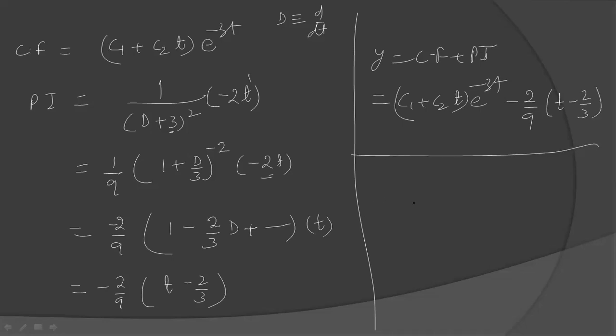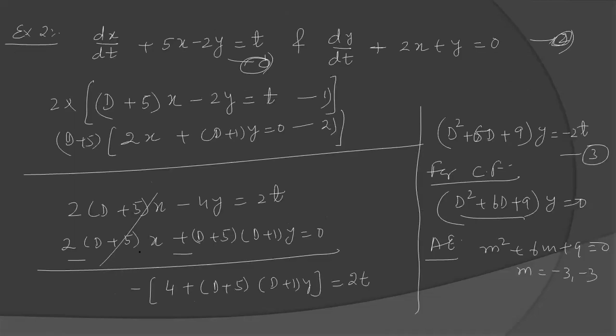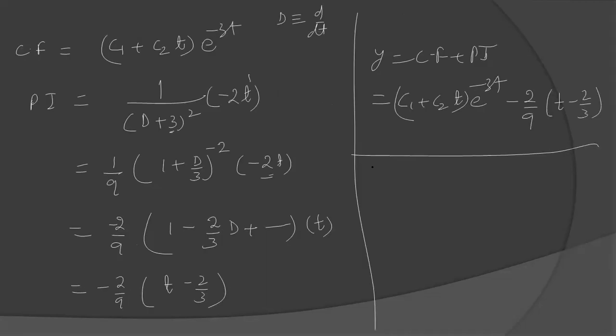Now for x, you do not eliminate x. You just see which equation is good for x. I think this equation is good for x, because if you put y here, you have to solve a differential equation. That is not good, because you will get another arbitrary variable. That is not correct. So you have to substitute y in equation 2 only. So substitute y in 2. Then your x is, I'm not solving completely, you can similarly solve.